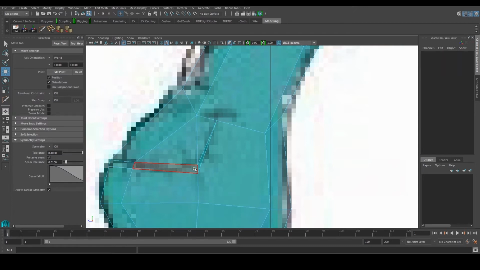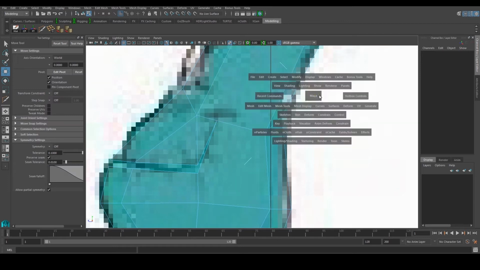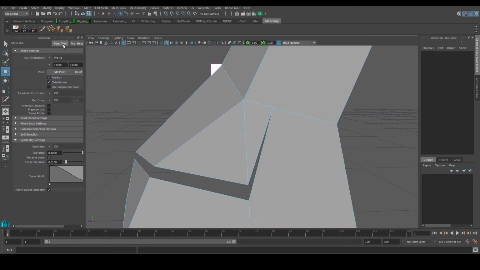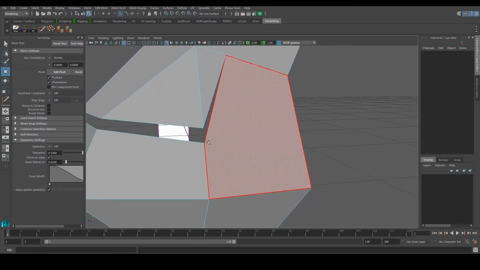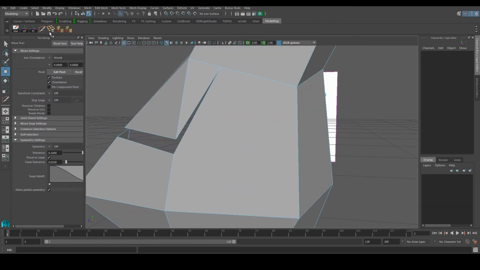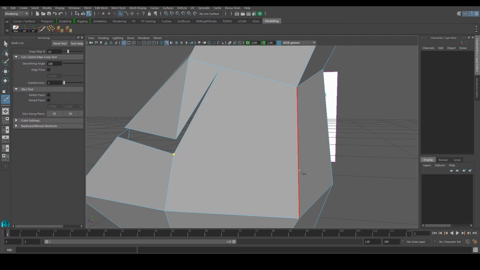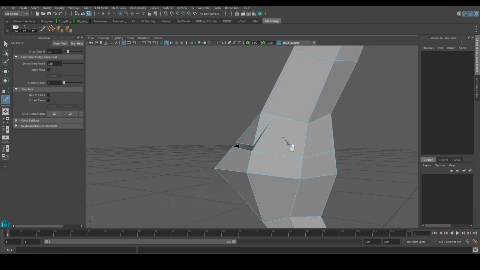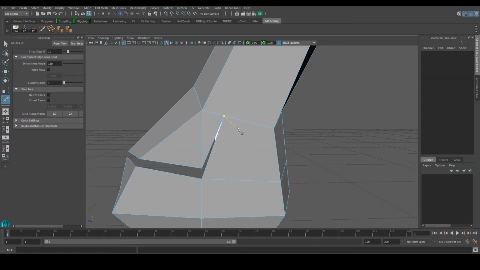So I'll just select some of these faces and delete them away, so it will start to create the opening for my mouth over there. Next, since this area here is 5-sided, I can quickly take my multi-cut tool and go all the way around to make sure that it's not a 5-side anymore. Here I have something a bit funny. It's supposed to be 4-sided all around.